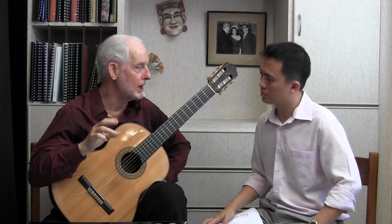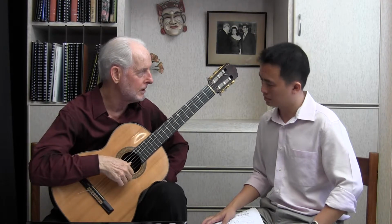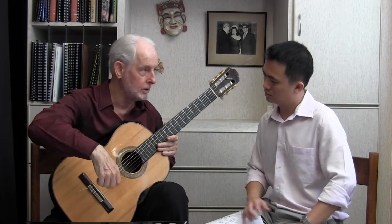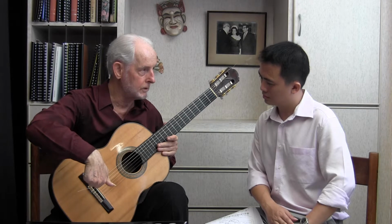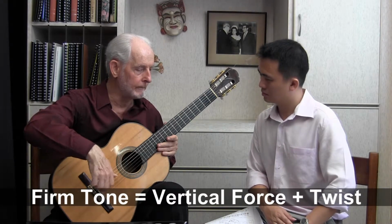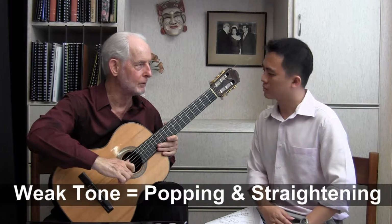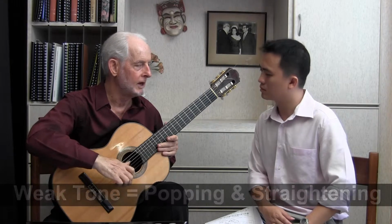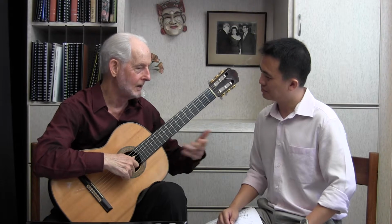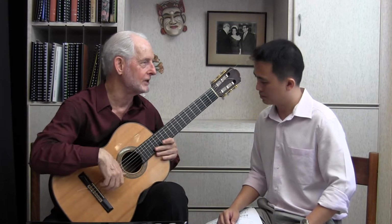Just simply to nail down this very, very tough, iffy mechanics. That from the very, very beginning, I've got to have the sense of going in and going to the right. Those are the firm tone directions, right? And then I have to avoid popping or going to the left, which are the weak tone directions, right? And I must say that playing like this tends to foster all the wrong directions. You tend to end up going like this rather than...